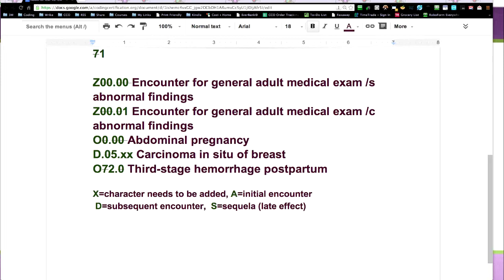What about D05.XX? And how often do you see somebody write the letter D when it looks like a 0? That happens pretty often. And what about 072.0? Have you seen people that would write their 7s and their 2s and make them look almost exactly the same? So if you use that strike through, then you don't have to worry about that.